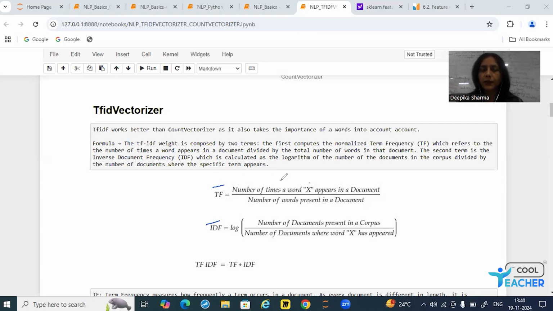In the case of term frequency, first it counts the number of times a particular word appears in a document, in simple terms how many times a particular word appeared in a sentence, and divides it by the total number of words present in that document. This is the TF, the term frequency. Then there is another one, IDF. That's why we call it TF-IDF. So TF-IDF is equal to